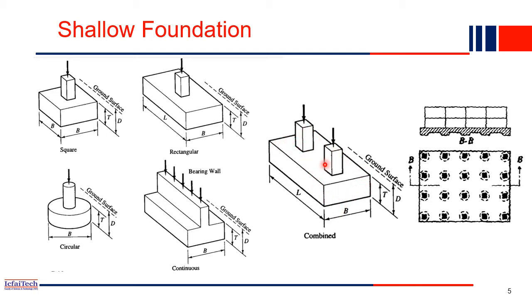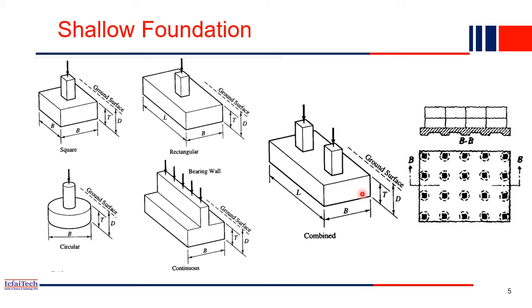Now you may ask why we need all these types of footings. A single footing is fine, or this rectangular one is also fine. But why do we need two? Sometimes the soil quality below is very poor. In that case, we have to avoid deep foundation as much as possible, because deep foundation will increase the cost of construction. So if the soil quality is very bad and you do not want to go for deep foundation, then what are the alternatives you have?